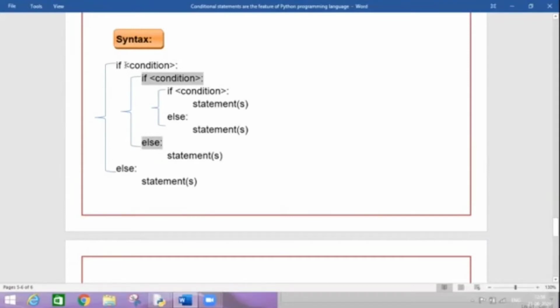If this if condition becomes false, then this part will be executed. So as you can see over here, these are my if and else blocks separately. The inner block is if else, then the outer block is if else, and the most outer block is if and else.